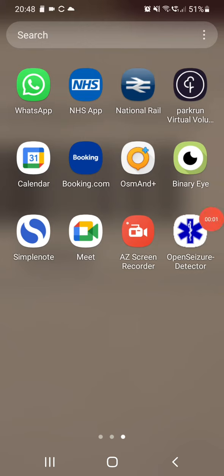Okay, this is a demonstration of a fresh install of OpenSeizureDetector version 4, just showing how the warning to do with battery optimization might well show up when you first start it, and how to deal with it. So we'll start OpenSeizureDetector,